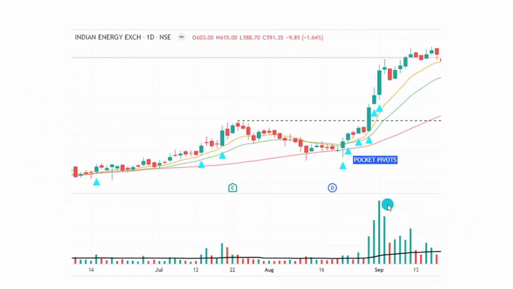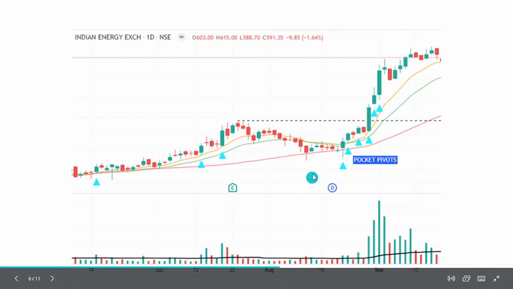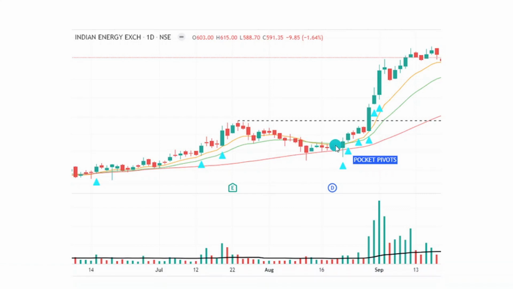Right. So first up, we have IEX. This stock is in a long-term uptrend, and recently it has made a really nice up move. After a move up, the stock starts forming a base. In the left-hand side of the base, the price action is a little choppy, and the stock is volatile. You find that the stock takes support at the 50-day SMA, and then after that it starts tightening. So it's really encouraging and constructive price behavior.